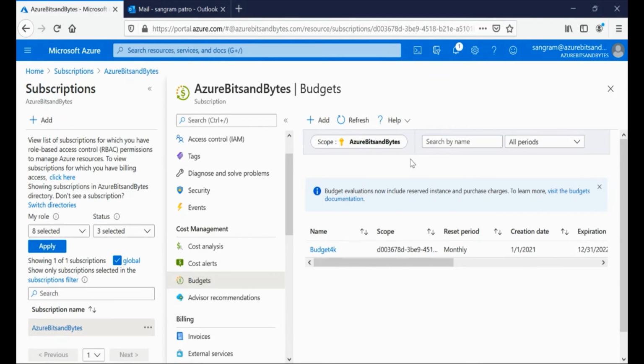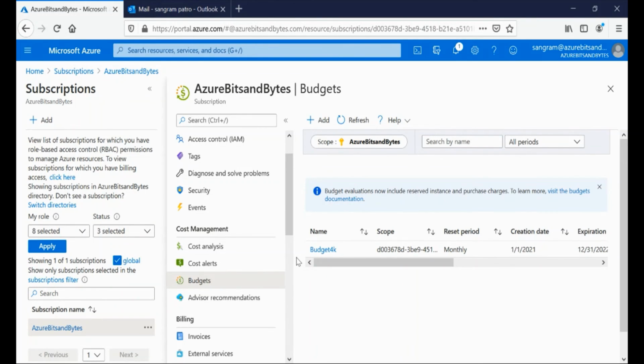So now we have created budget plus alerts. The budget is set to 4,000 INR. The threshold is set to 3,000, which is 75% of the budget. We have also defined the action group, that is nothing but email. So I am trying to email myself whenever the threshold is reached. Okay, so we have discussed the alerting, budget, and the cost graph.